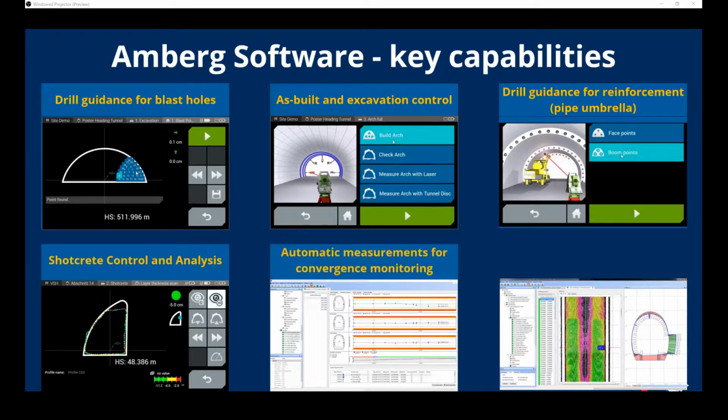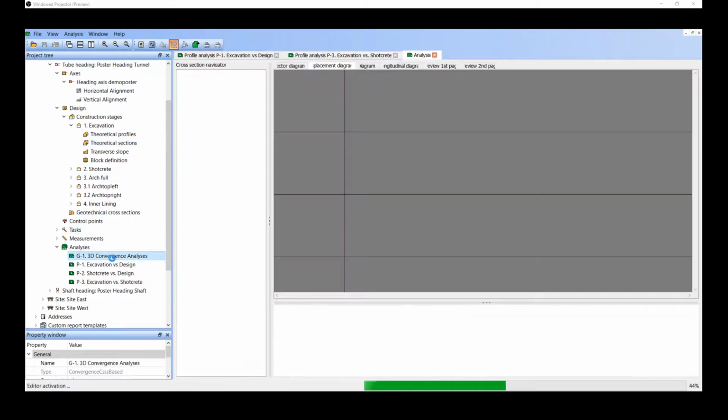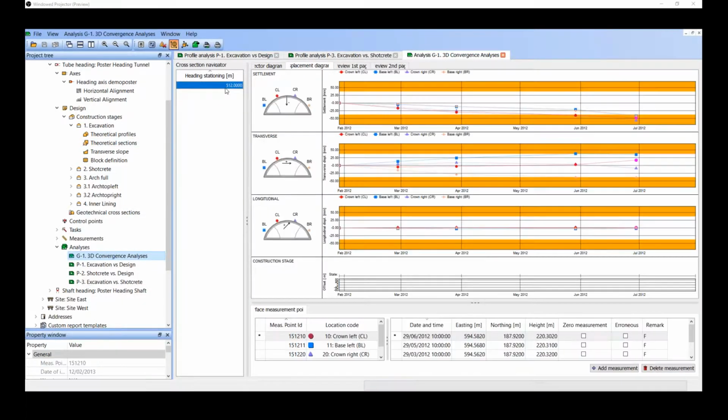The last two topics I didn't mention so far, but I will quickly jump onto, are convergence monitoring and some scanning capabilities of the software. So the Amberg Tunnel has also a module for convergence monitoring, basically to measure the convergence points and report them. There is also a task in Navigator to make this workflow easier. And then again, all the data are loaded back to the office and we are getting the reports directly out